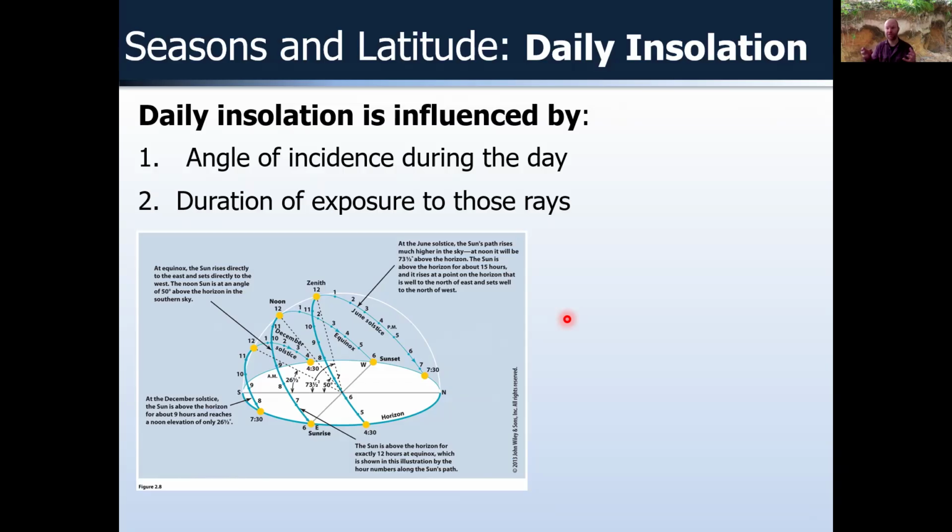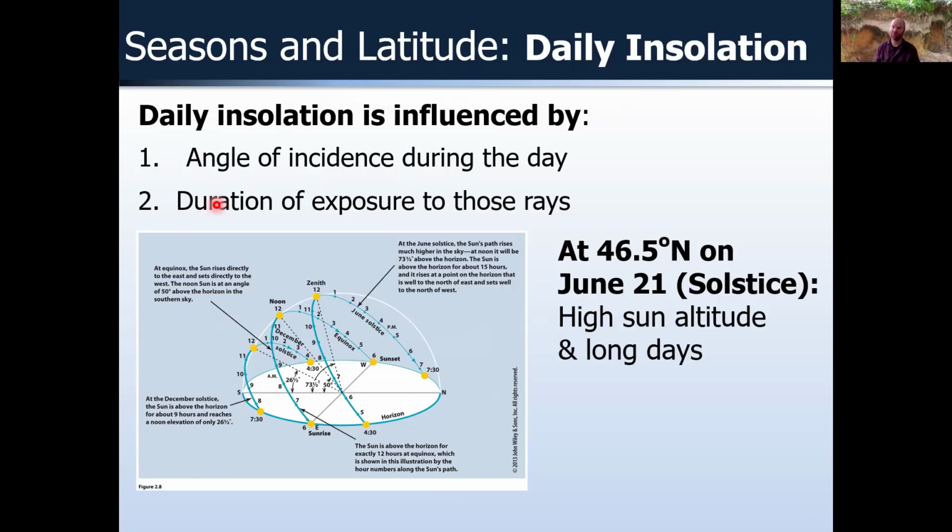And so daily insolation, to connect and tie things together here again: angle of incidence is so very important. How high is the sun in the sky? Is it really high, close to 90? You're receiving lots of energy. Or is it lower on the horizon? You're receiving much less energy per unit area. And then time, and so duration. How long was the sun up? Was it low energy received for 24 hours, like the North Pole or the South Pole during the winter solstice? Or was it really high in the sky and up for 12 hours? So balancing angle of incidence and duration is important when thinking about radiation budgets on